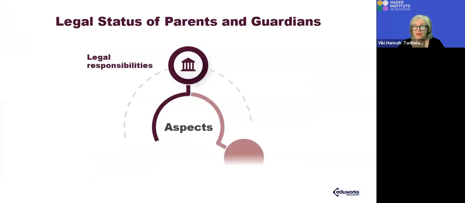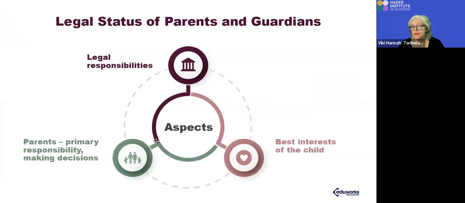So what are the aspects? You will be legally responsible if you have power of attorney, for the best interests of a child if it's a kinship placement, and then parents bear the primary responsibility around making decisions. So it could be that Centrelink deem that someone will receive those payments for family tax benefit A or B, but to do that would have to have that guardian in place of a parent. That all needs to be documented as well.